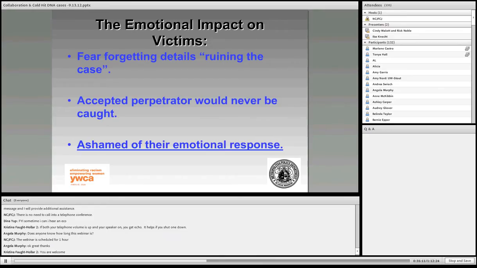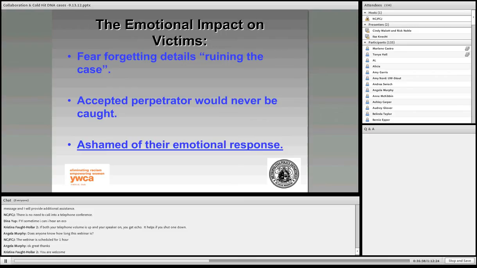A lot of times victims have really never had anyone to talk to them or explain this to them. A lot of victims just need to be told that everything they're feeling is normal. Sometimes they're very ashamed that they're not excited about the perpetrator being caught, or there's a mix of feelings, a sense of dread or fear. And some victims are very ashamed of whatever emotional response they had at the time of the rape or sexual assault, and just for someone to sit down with them, and that's something that Rick will try to do,